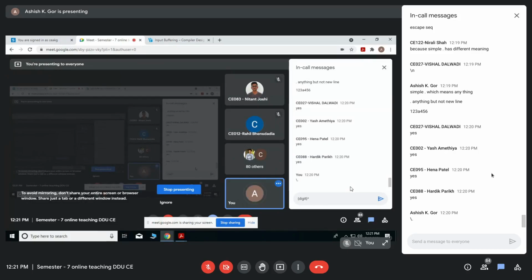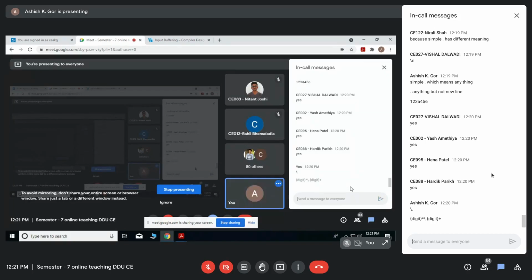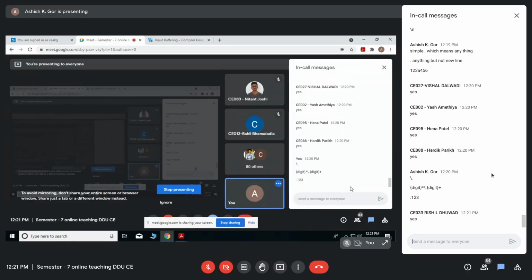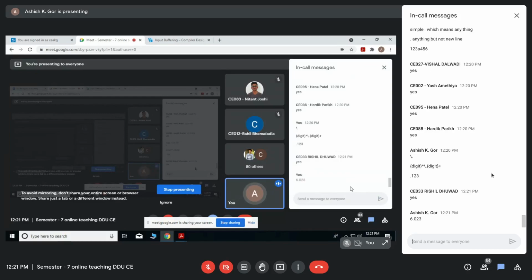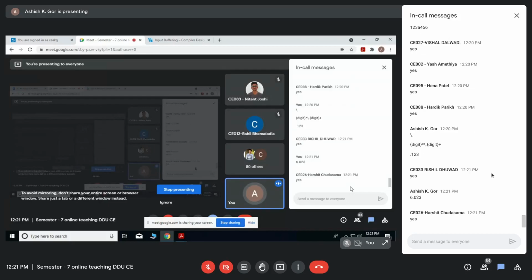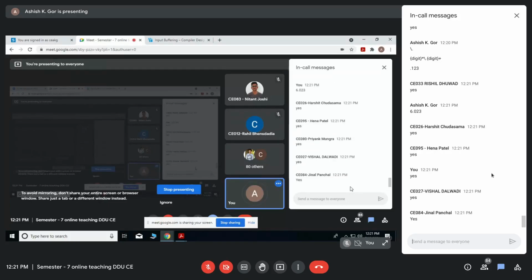Digit star, then backslash dot, and then digit plus. Now I think it will include all these possibilities, like 0.123 is also correct, 6.023 is also correct. Yes or no? Rishil, yes. Okay, so this is what a pattern is.